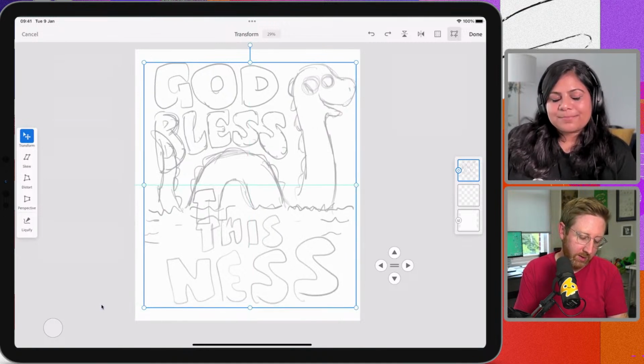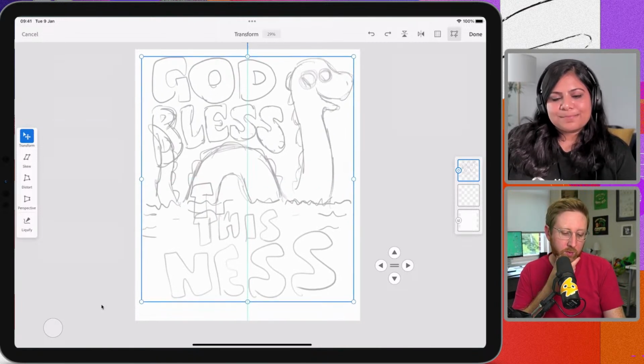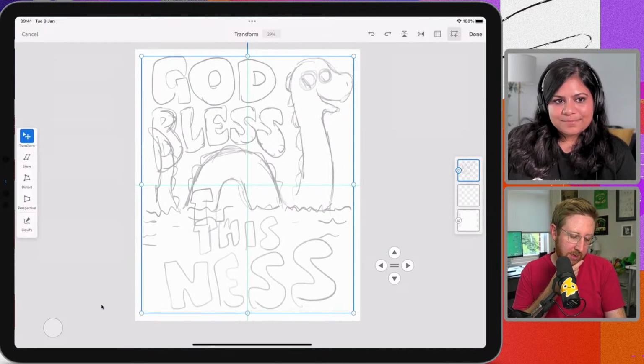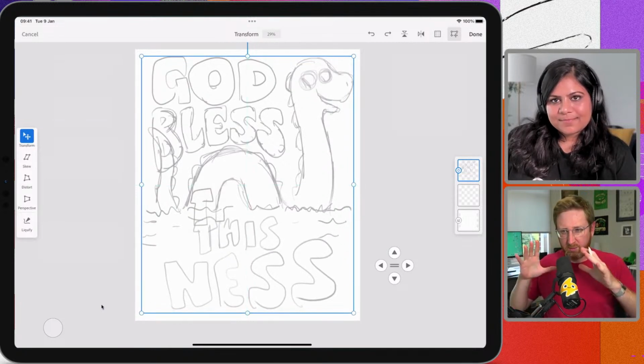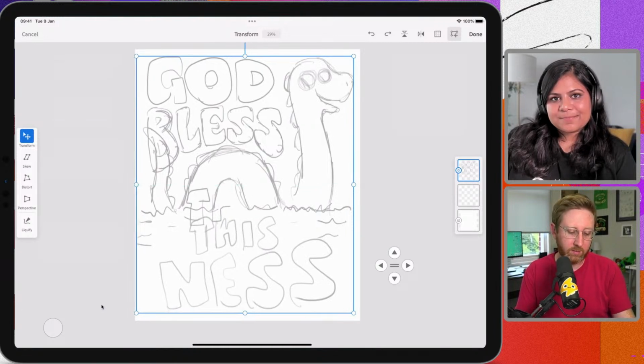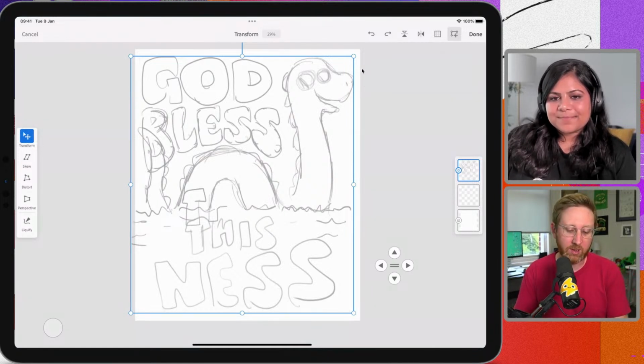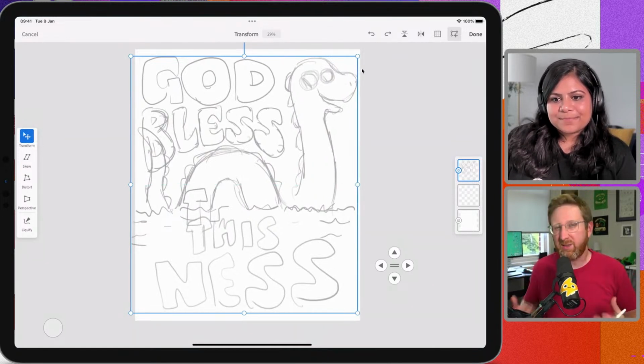That's plenty, and probably the only other thing to mention here, as you can see what I'm doing, is we really want to try and make the most of this canvas. So I'm trying to position my sketch so that I maximize the print area, because there's no border on a t-shirt. Typically, you want to fill as much of that space as you can.